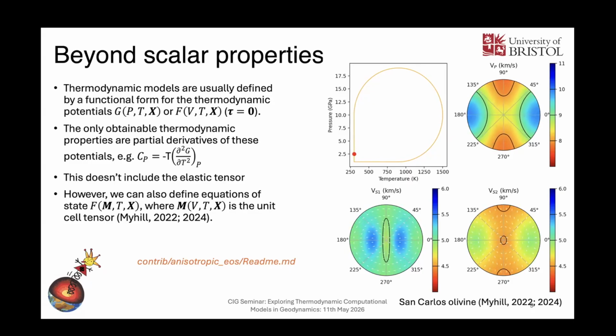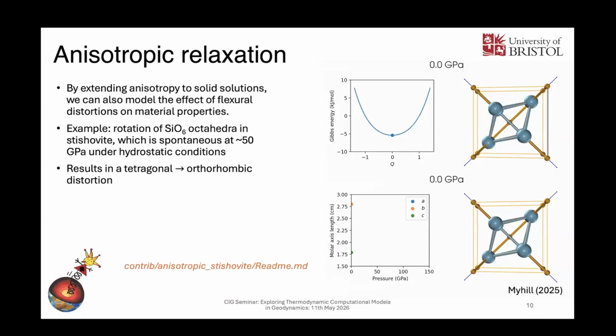One of the other nice things about developing this is that we can also look at other things like, for example, the relaxation that I was talking about before. For example, looking at the spin transition or other various transitions. And so here on the right-hand side again is an example that I published last year, looking at displacive transformation in SiO2. So this is between stishovite and post-stishovite. And if, again, we have a look at